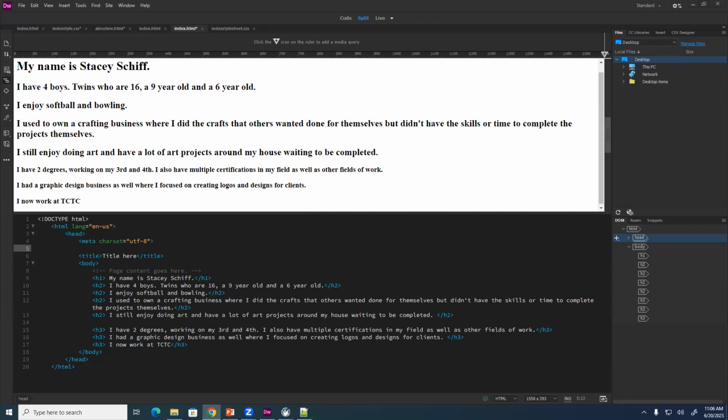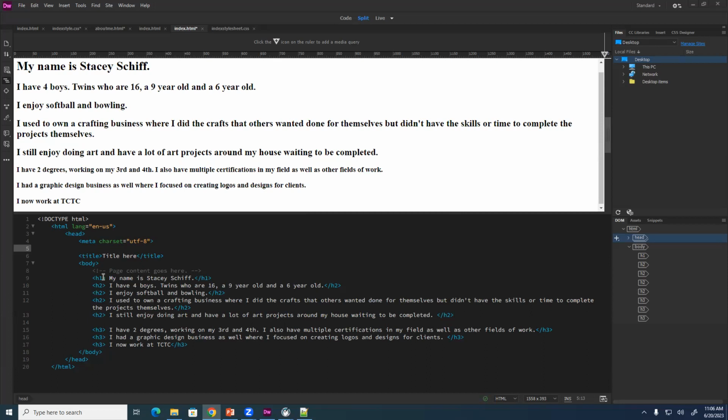No. Good concept. There is an inline. That's similar to the inline and internal, but what we're doing right now is an external. So we're gonna have to create it as a link. So with the link, what we're gonna do